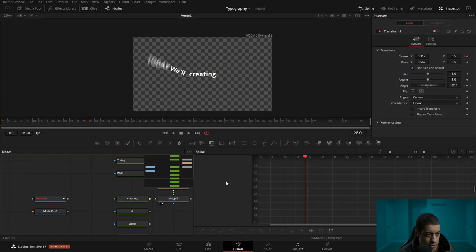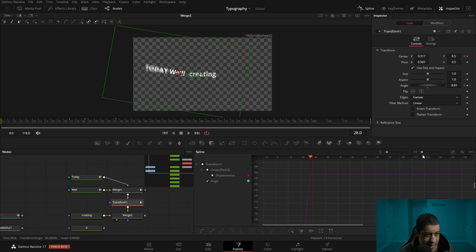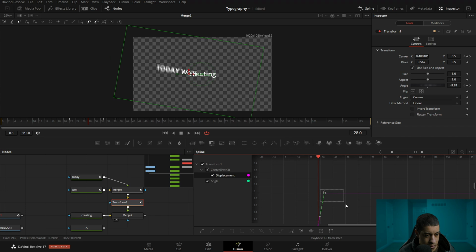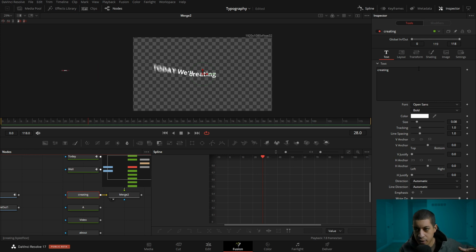And I think I want to make this a little longer too while I'm at it. So I'll move this out a couple of frames, and we'll hit F to add a little bit of easing in there. We'll be creating. And the idea here is that we're just adding different animations and we're moving everything at the same time. What I'm teaching you here might not be the exact play-by-play that you're going to do with yours, depending on what you have. I'm just showing you a couple of different tactics, different ideas you can use